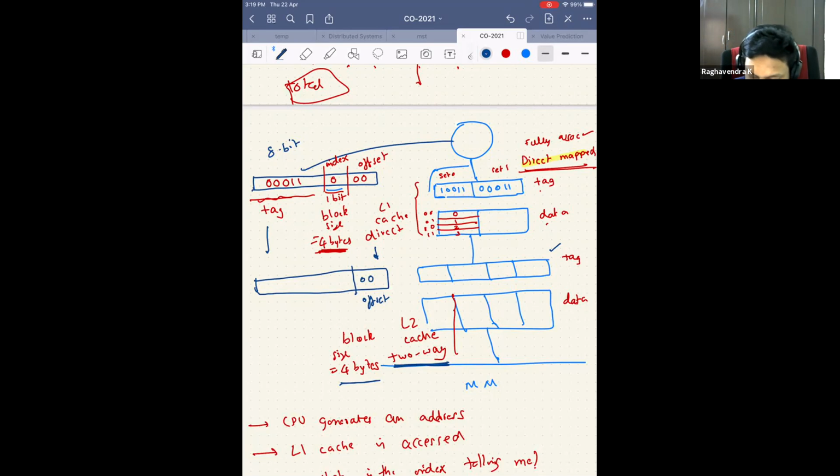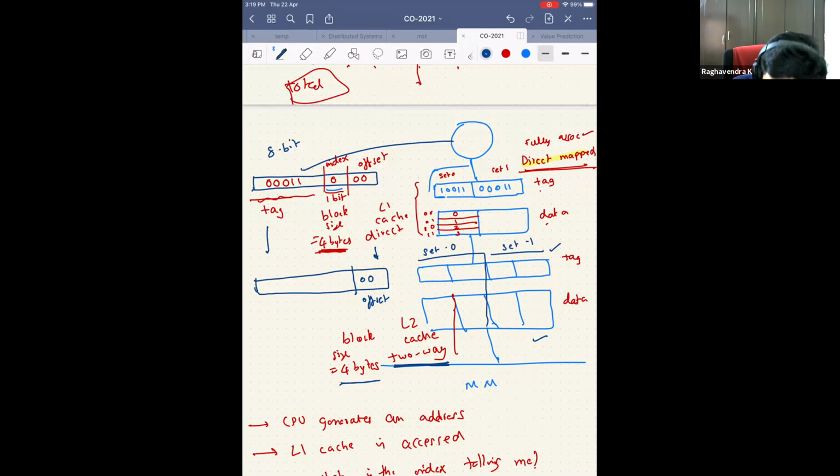The number of blocks in L2 is 4, but you are clubbing 2 blocks together to make a set. You are not actually merging the data. You are just saying that these 2 blocks are now referred to as set 0, and these 2 blocks are referred to as set 1.